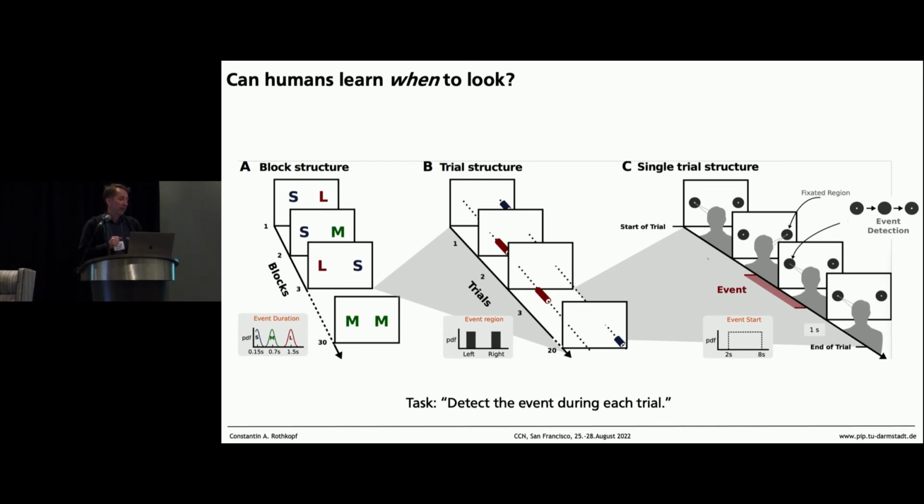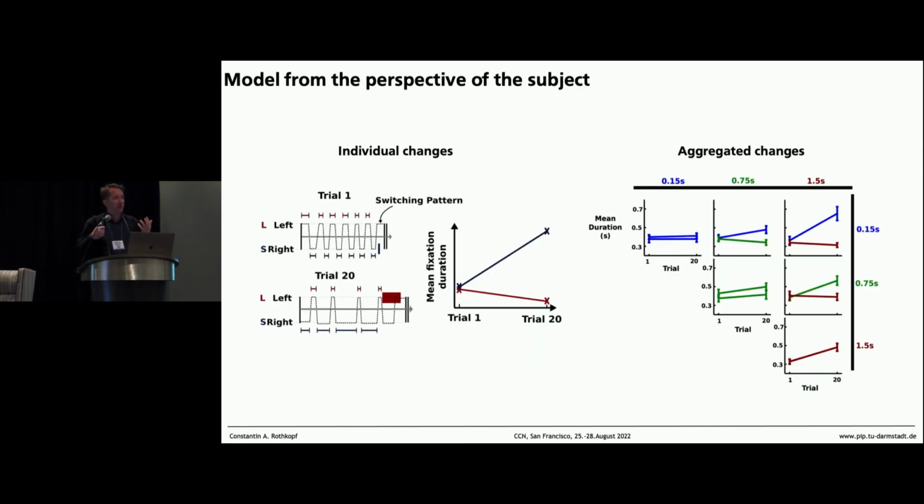And these 20 trials are immersed in blocks, 30 blocks in total, where at the beginning of the block, subjects don't know what this event structure will be on the two sides. So the logic here is, there is uncertainty about what the mapping is, there is uncertainty about what the durations are, and people need to now learn over the trials what these durations are and hopefully adapt their behavior. And again, note, I picked this out because it's a notion in the peanut butter and jelly sandwich making literature. Well, people can learn when to look.